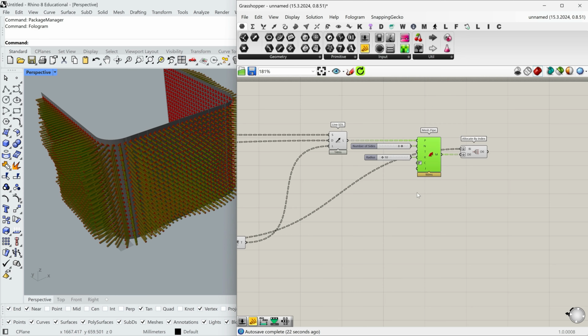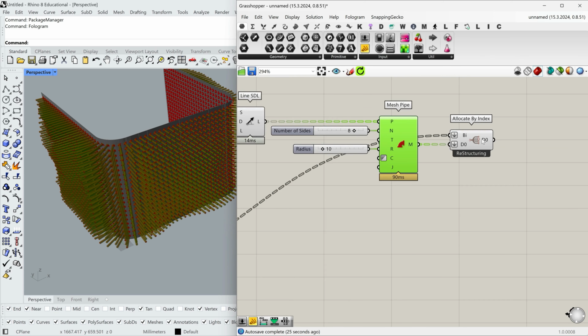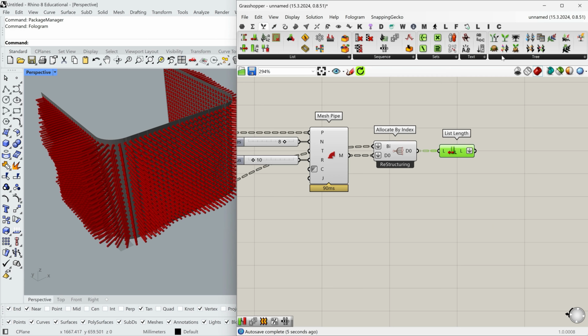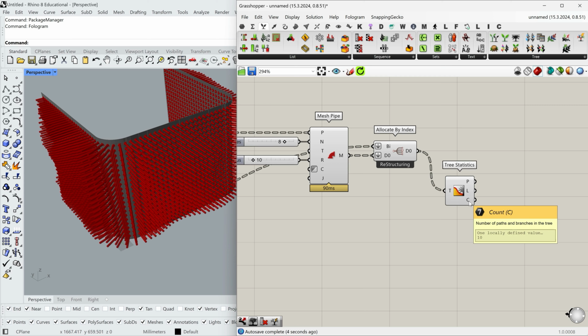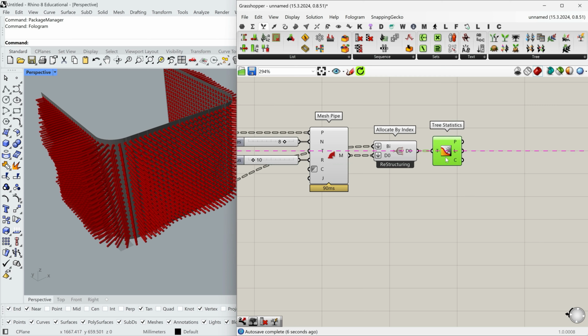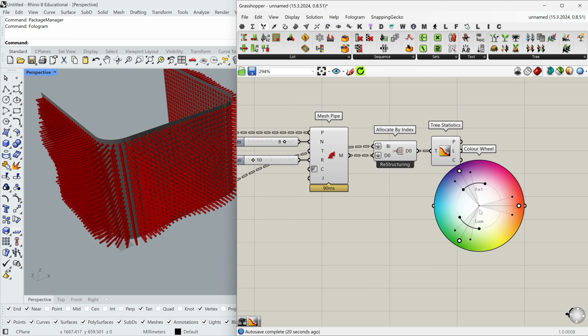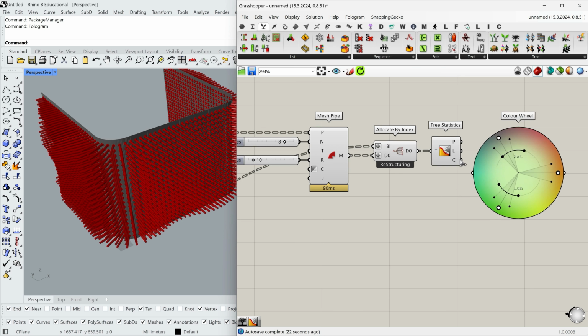Okay. Now I'm going to create colors. I'm going to use the Tree Statistics component. And let's connect Tree Statistics to the Allocate by Index. And the output count I'm going to connect to the Color Wheel. Let's connect them.